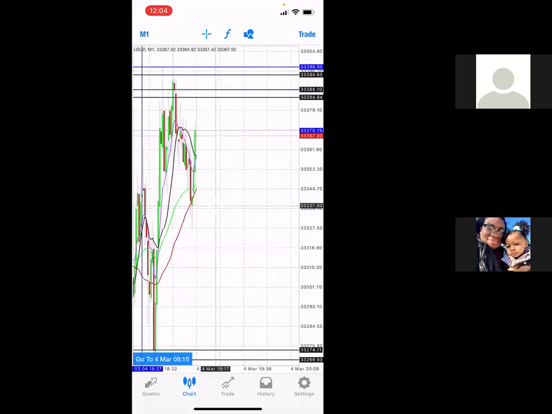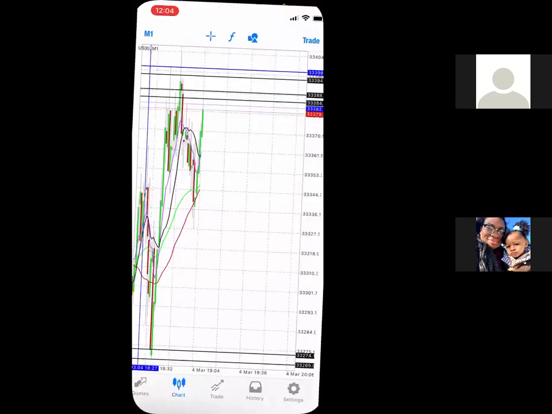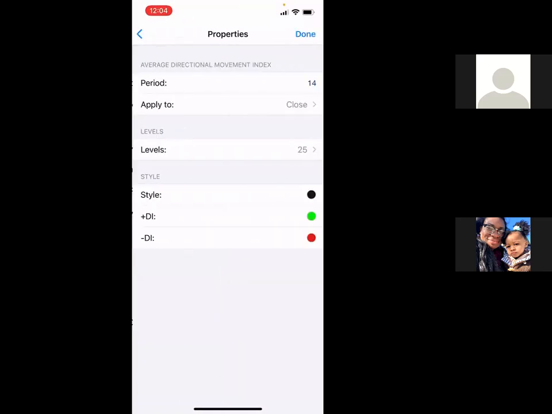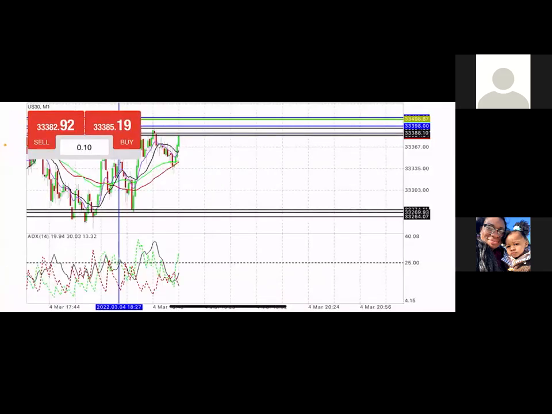And all I would do is, once I'm marked up fully, I'm looking and I'm waiting. I turn my phone sideways just like this. And I'm waiting for it to get to a specific level. Actually, let me turn my ADX on. This is exactly what I do. We might get some momentum right now. We've got a little buy momentum, so we'll see what happens. So it actually might be really good for us.